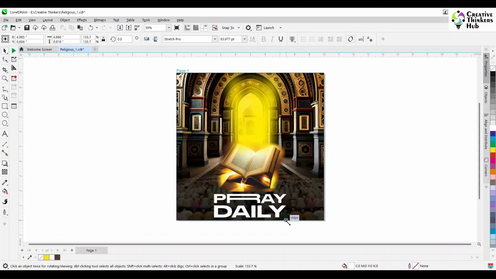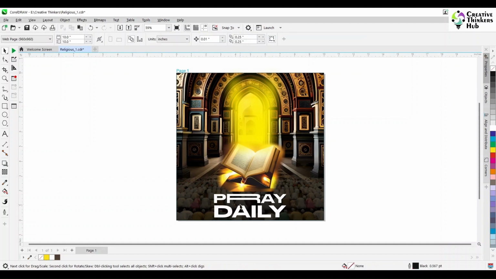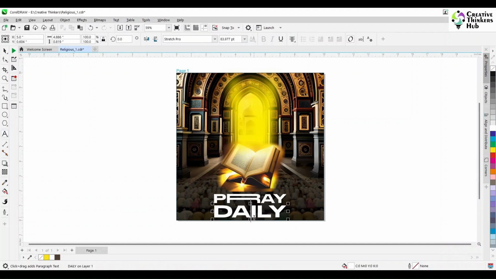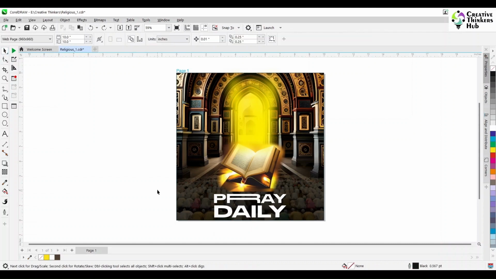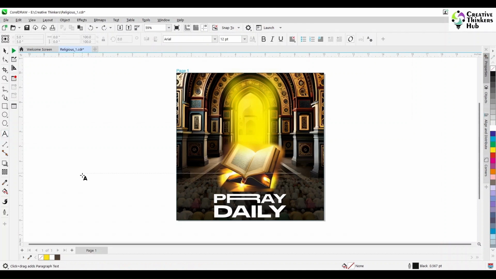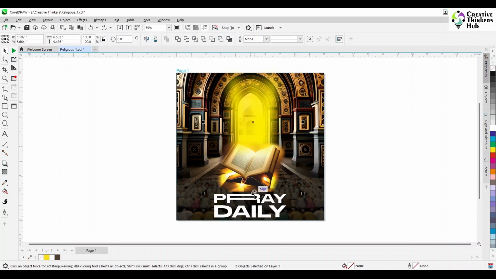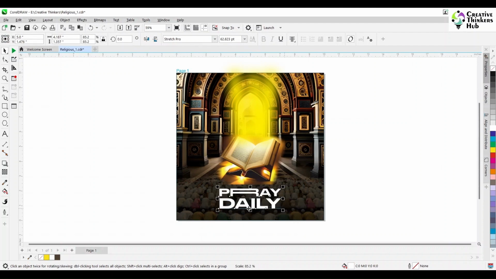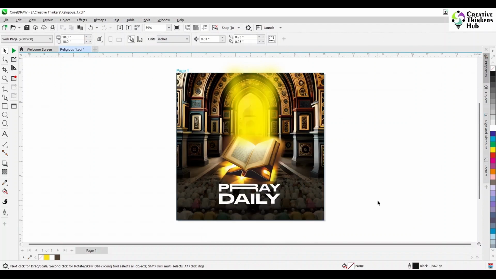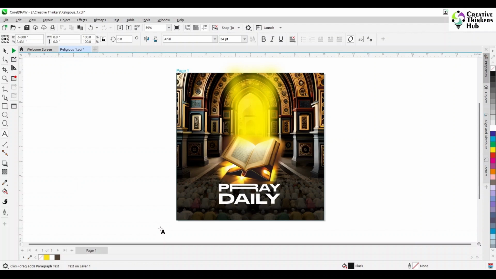So we increase the font size, and let's say I come here on A and press A twice. So A will get stretched, I doesn't get stretched, L will get stretched. So other than I, I think all our alphabets get stretched. Never mind, this is the speciality of this font. Now once we are done, we select all of these, lift them slightly up and reduce the size of our pray daily. Now we want to put a message down